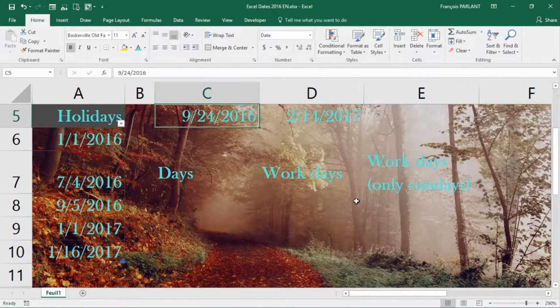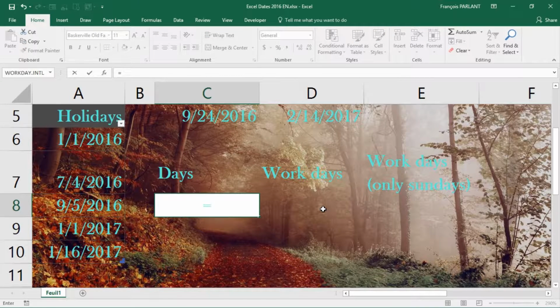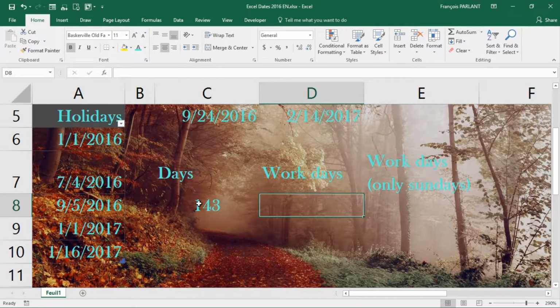Now, I have two dates. I have today and I have Valentine's Day in the future in 2017. I want to calculate how many days there are between those two dates, for example, to fill my store, etc. I'm going to do equal that minus that, because you remember, dates are just numbers, and I've got the number